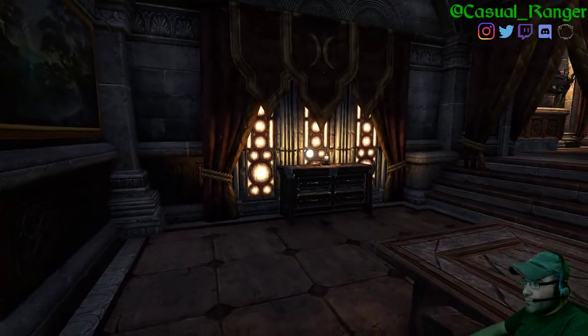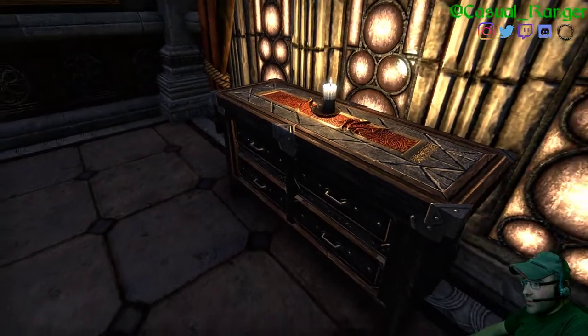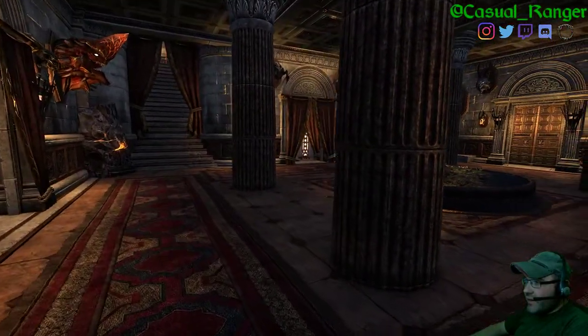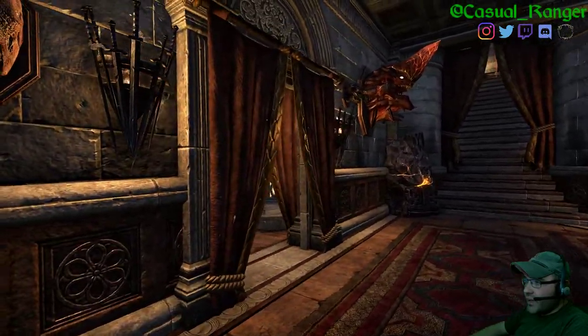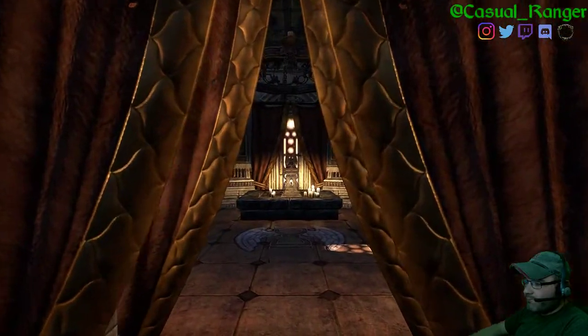And then drapes and the cabinet here. Alright, so that's that. And then the last room downstairs I am going to show you is my kind of